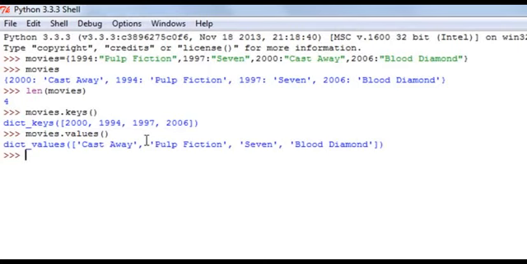Now let's say you want to add some more keys and some more values to your dictionary, and let's say there's another dictionary that has some key value associations, and you want to add the contents of the second dictionary to your movies dictionary. So let's create another dictionary first, and I'll call this new, and again I'll use curly braces, and let's say I want to add the key 1972 to it, and a movie that released that year,